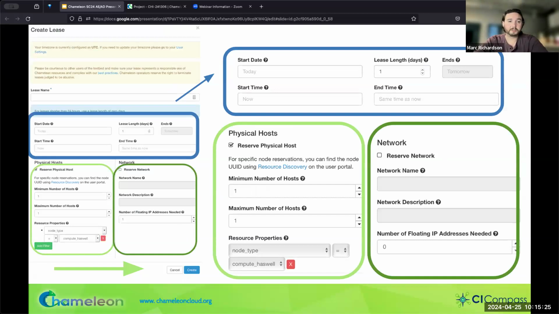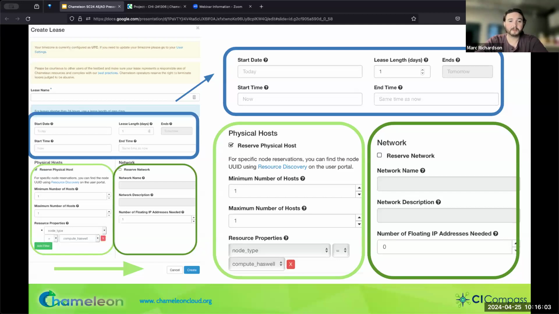Each section of this form you'll need to fill in is highlighted in a different color here on the slide. The most important components of a lease include picking your lease start date and your desired duration for the lease, again, subject to that 7-day limitation. You'll also need to be selecting the number and types of nodes you want to include in your lease. The form also includes a way to filter for nodes and resources based on their properties, so you don't have to go back and forth between the hardware discovery resource, etc. And this is also where you'll be able to select the number of floating IPs to enable